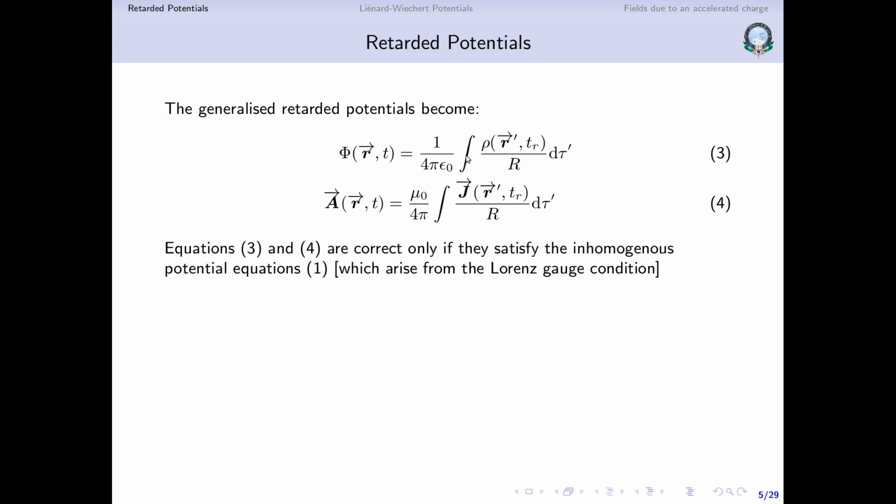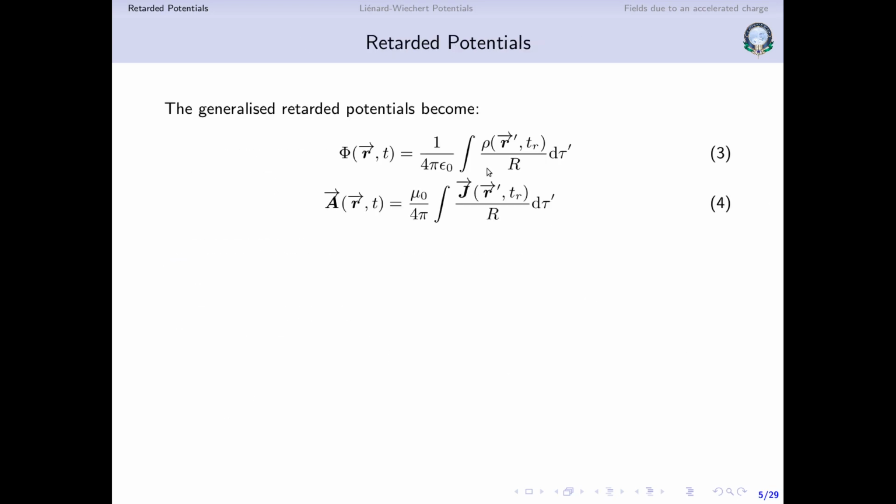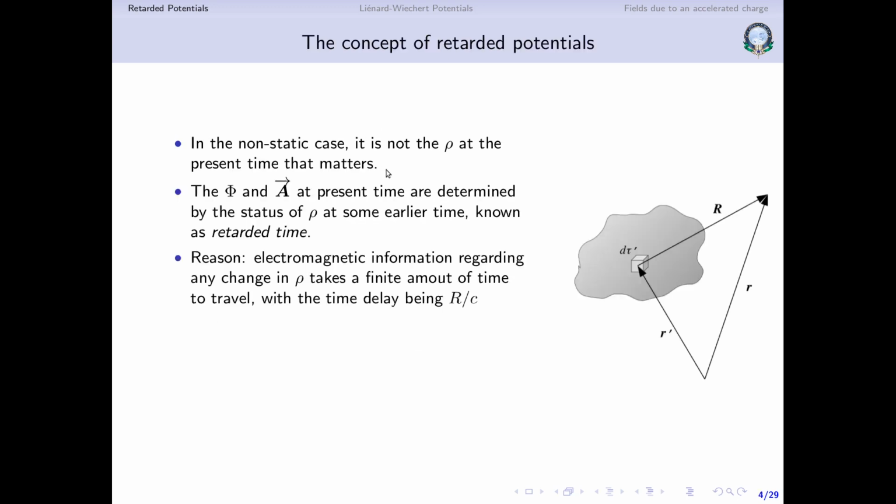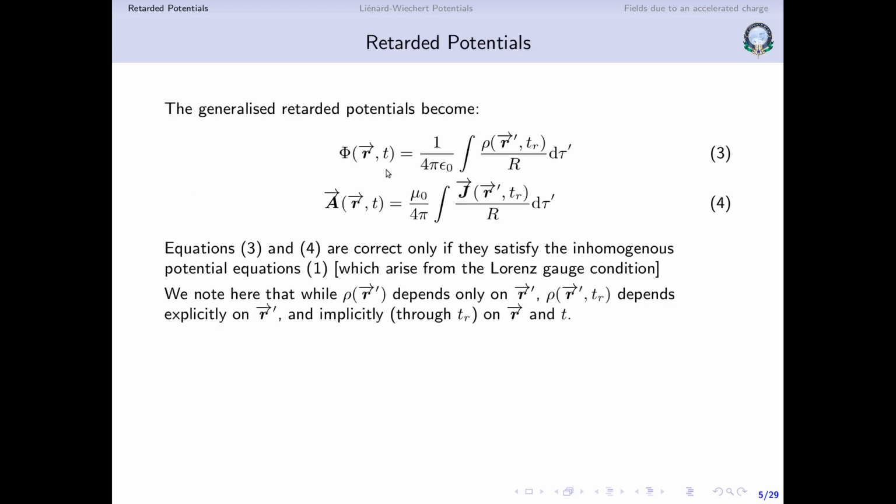But is it really correct? Are we really correct in making this kind of a suggestion here? So what is the touchstone that is going to help us determine whether this particular choice of the form of rho and A is correct or wrong? The only way to verify this is to check whether these redefinitions of rho and A still satisfy the inhomogeneous potential equations or not. If they satisfy, then we are on the right track. Okay, so that's what we are trying to do here.